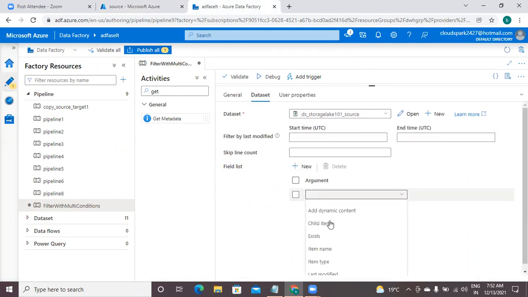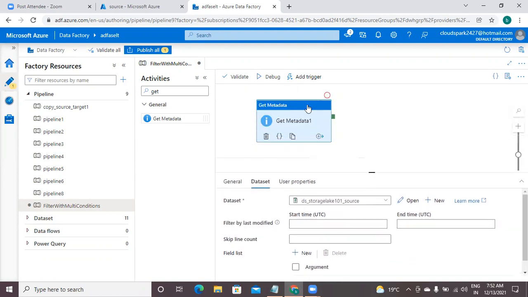There is a concept called parameterization. While explaining parameterization, you will understand these remaining options. For now, I am selecting child items. So now it's ready. Whenever you are designing a pipeline, best practice is, whenever you have placed one activity, first debug that activity.